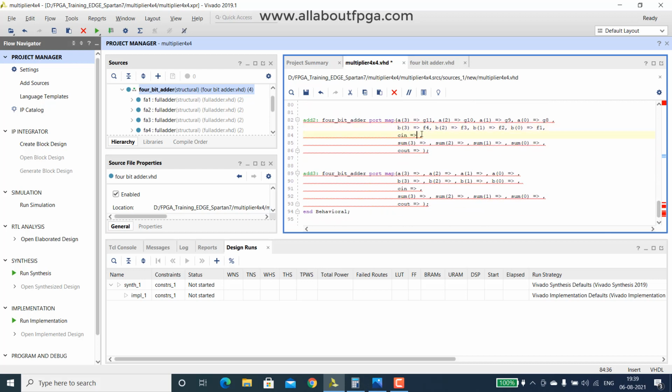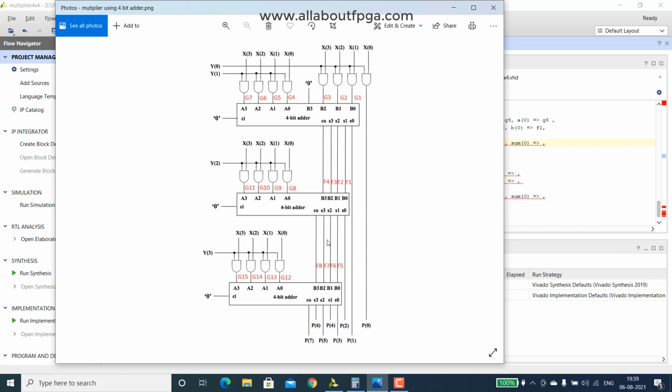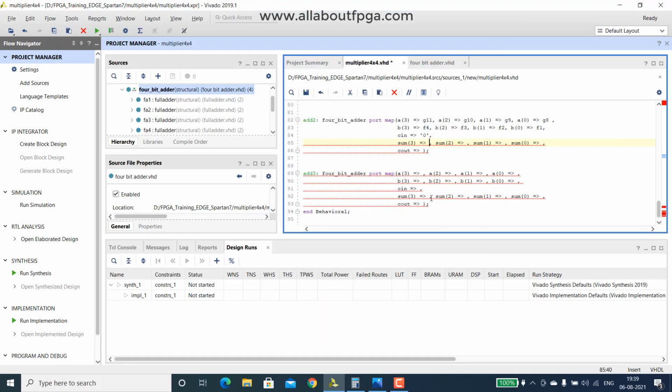Again carry in is a constant 0. Then sum S3 will be of F7, F6, F5 and product of 2. Then carry will be of F8.